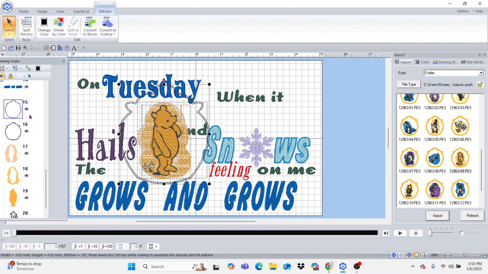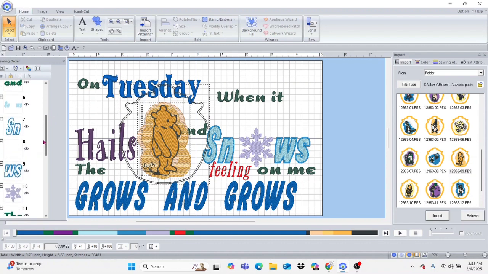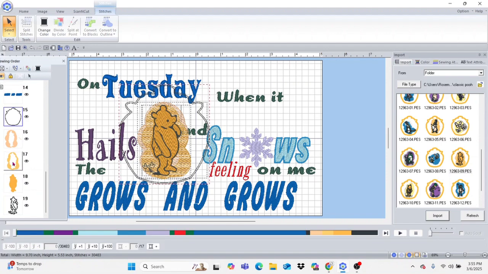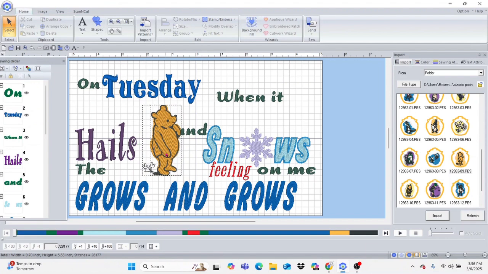Select objects, delete. I'm going to try this again. Select this one, hold down the Shift key, select three, right click, select objects, delete. Ha! That worked. Now I just have Pooh Bear, and then I want to select them,